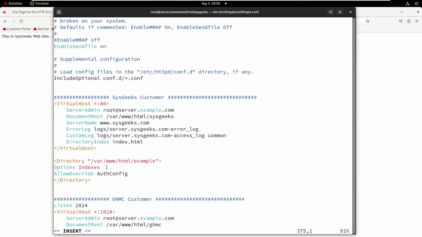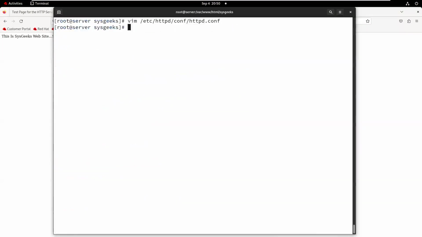Open the directory, meaning which directory you want to open. I want to protect the sysgigs website. I think these options we need to add inside the virtual host. Let me test the config test. Okay, syntax okay, and graceful also okay.